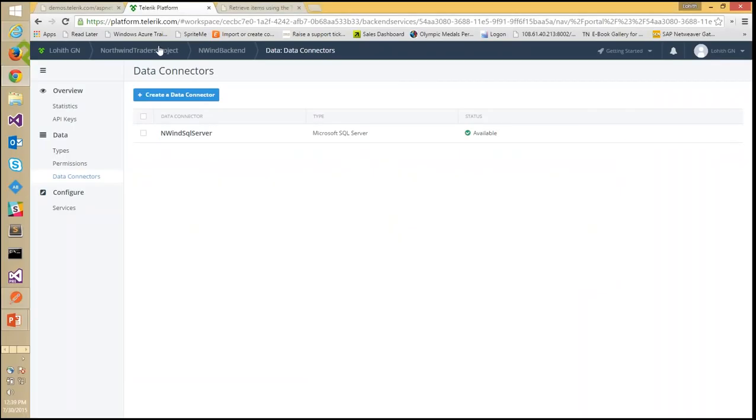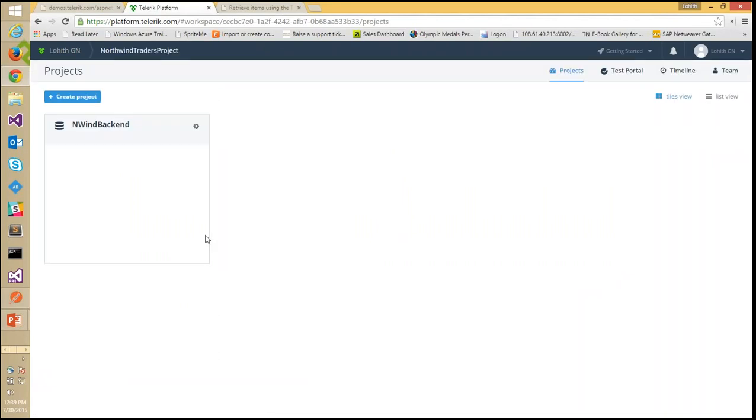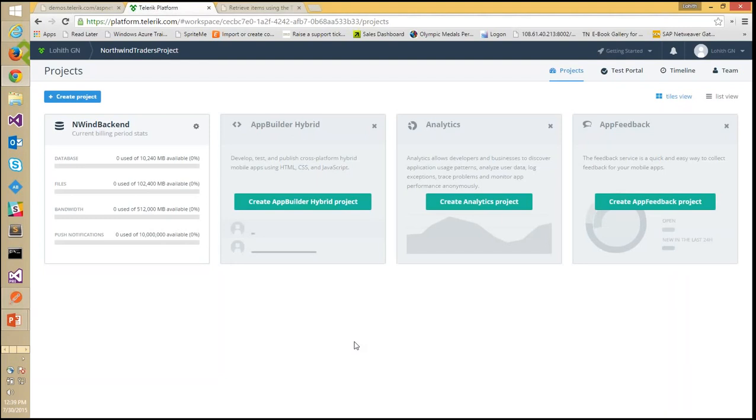What I'm going to do now is, with Northwind Traders, we have showcased that we can connect to the back end of Northwind Traders. We have done a successful connection with the SQL Server. Now it's time to create the mobile application itself. So if you see here, this is no more a grey block. Rather, it says Northwind backend. And notice this database. That means this is the data, or the backend, for my application, right? Now I'm going to click on App Builder Hybrid,